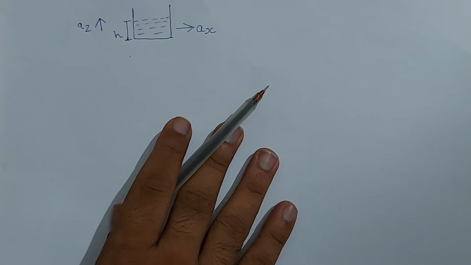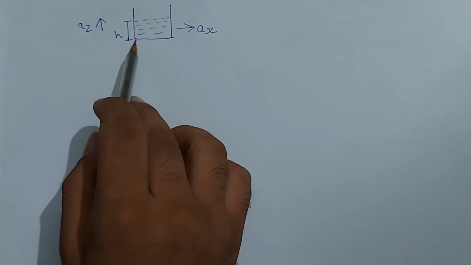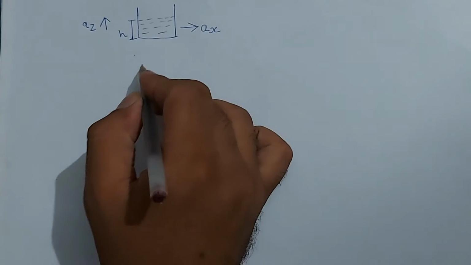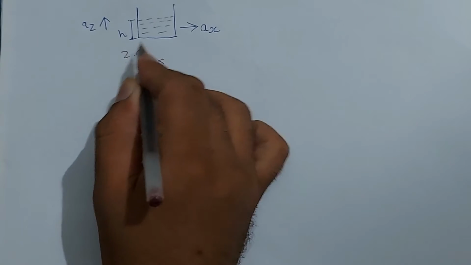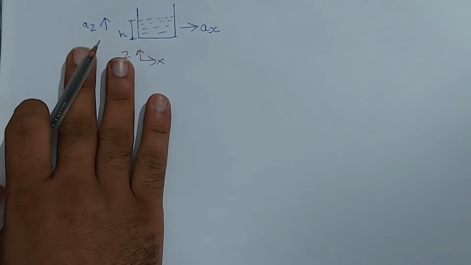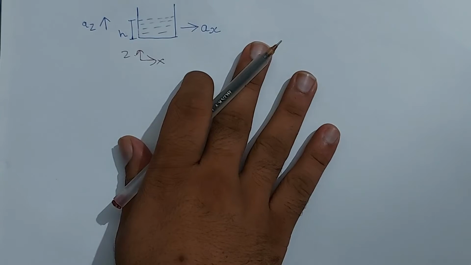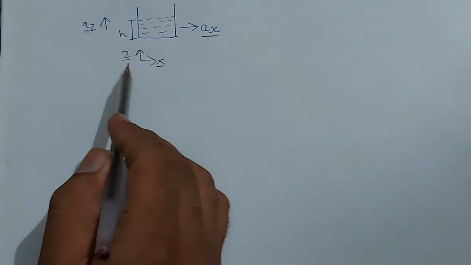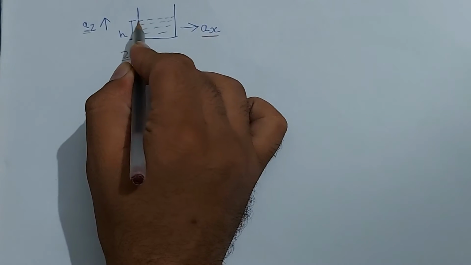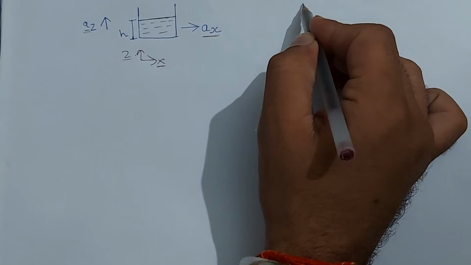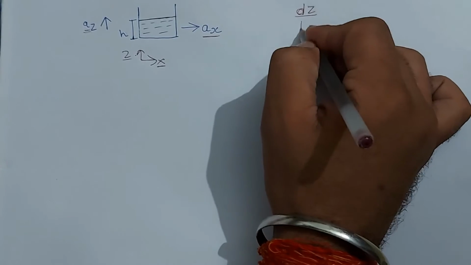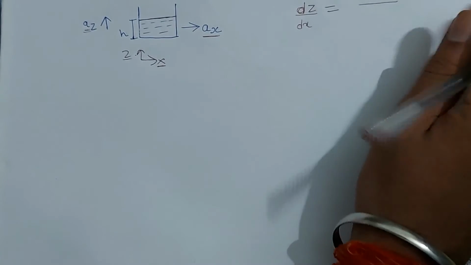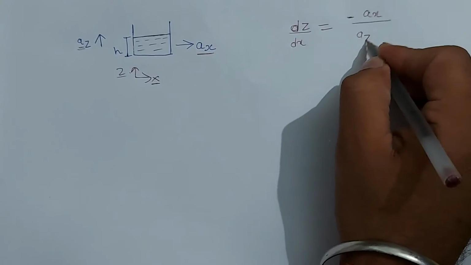So in the last video, what we discussed is that if we have a container filled with any fluid up to some height, let's say h, and if this is the x and this is the z axis, and the whole container is in translational motion with ax as acceleration in the x direction and az as acceleration in the z direction, then we found out that the slope of this free surface will change, and it would be given by this formula: del z by del x equals minus ax upon az plus g.